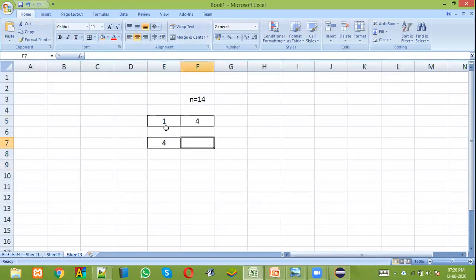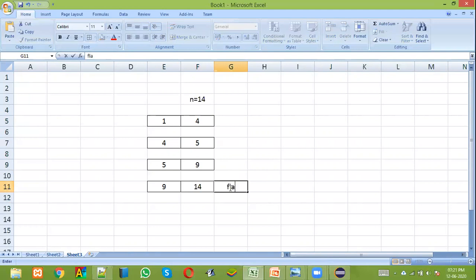The 4 here, plus the next, is the sum of elements of the previous array. It's going to be 5. Is it less than 14? Yes, you can continue. Again, check here, 5. Now here, sum of elements of the previous array, 9. Is 9 less than 14? Yes, you can continue. Create another array. Here 9. Here you have to write the sum of elements of the previous array, 14. Yes, now 14 is coming. This is equal to the original number, which means yes, we'll make the flag variable true. Finally, we'll print that the number is a Keith number.